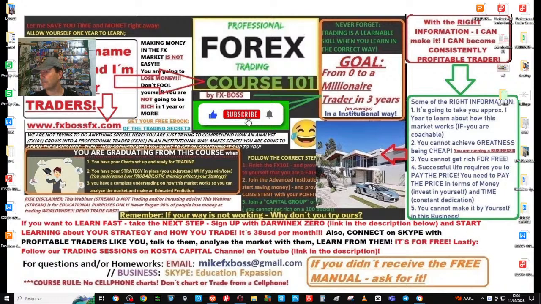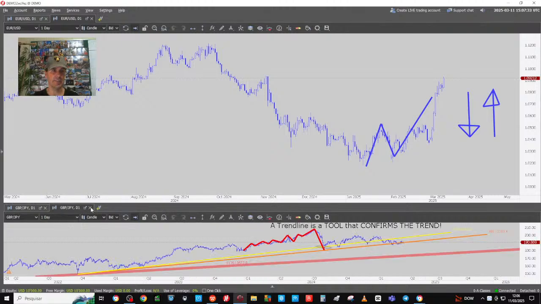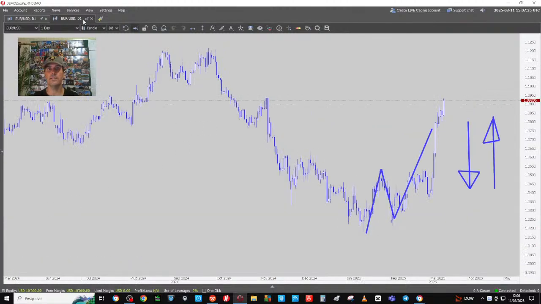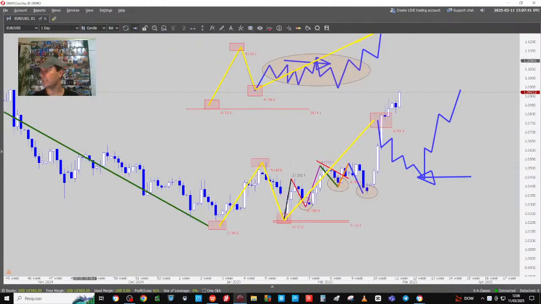So today we have lesson number 9, the 3 trend lines every chart has, and we're going to do a charting exercise, everybody, okay? Never forget, a trendline is a tool that confirms the trend. Olga or Alexander or anybody else online, please type in the chat a currency pair, and we're going to do a charting exercise. We're going to go monthly, weekly, daily, and then we're going to talk about trend lines. We're going to do the charting exercise together, all right?